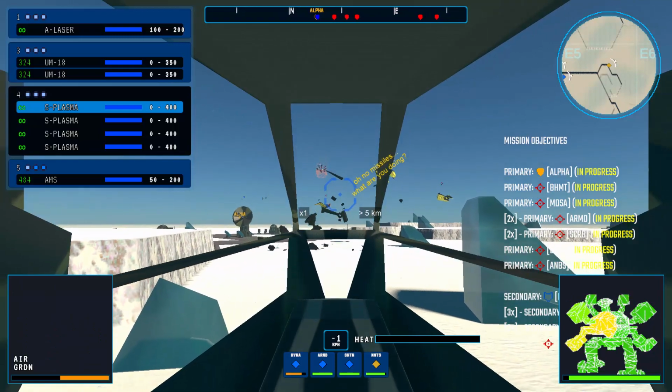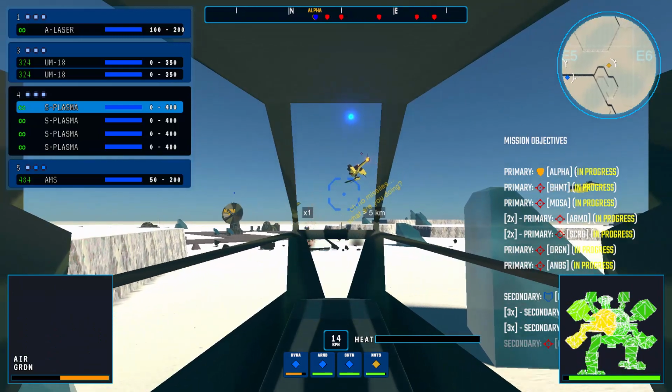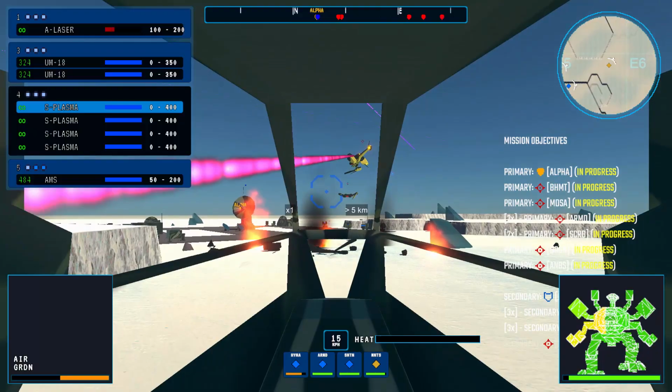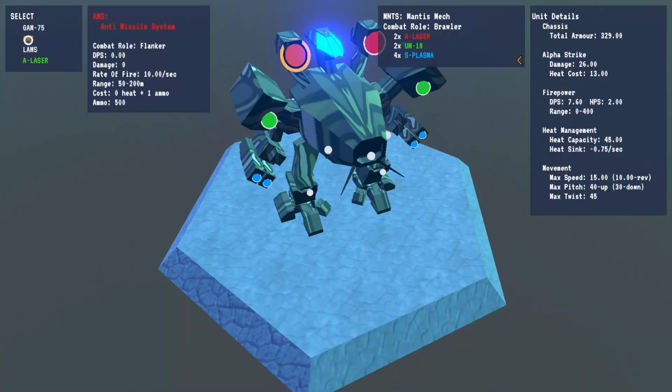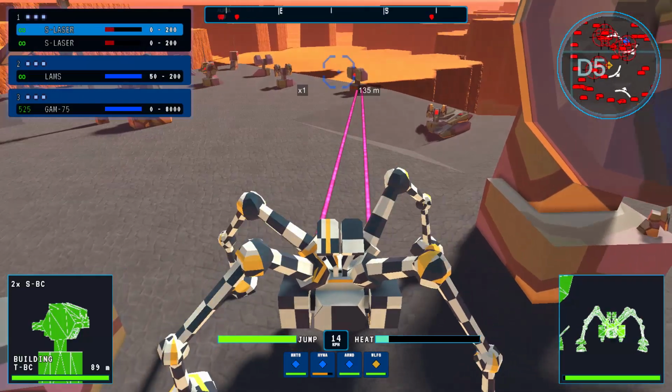Due to the large minimum range, seasoned enemy pilots might choose to underrun the auto laser to completely avoid taking fire from it. The anti-missile system and the laser anti-missile system are also platform weapons, giving you 2 competing options